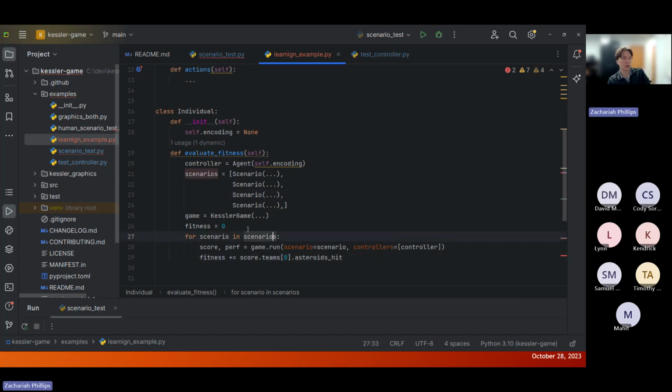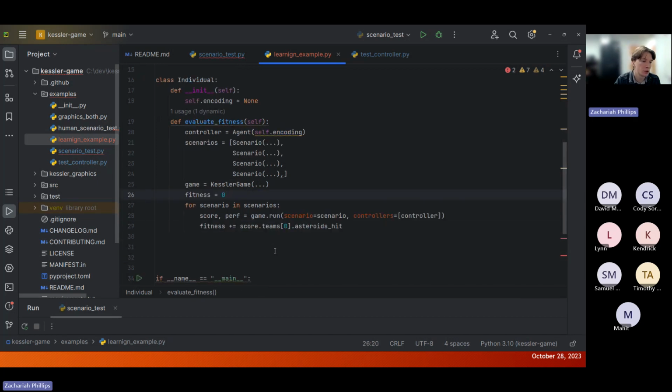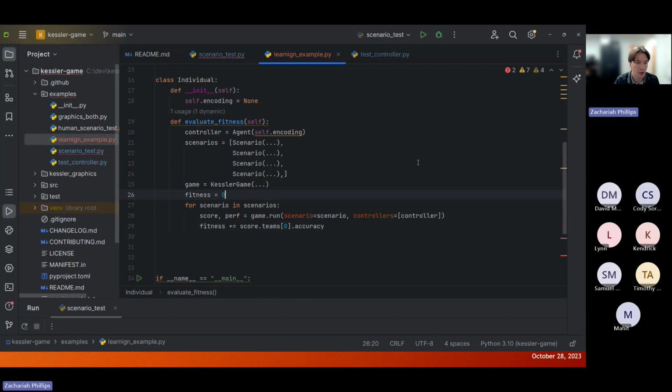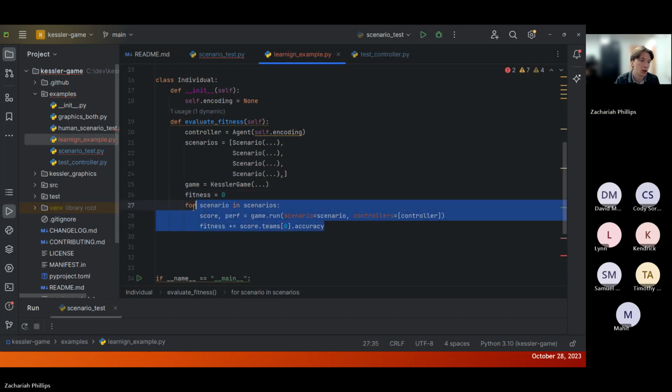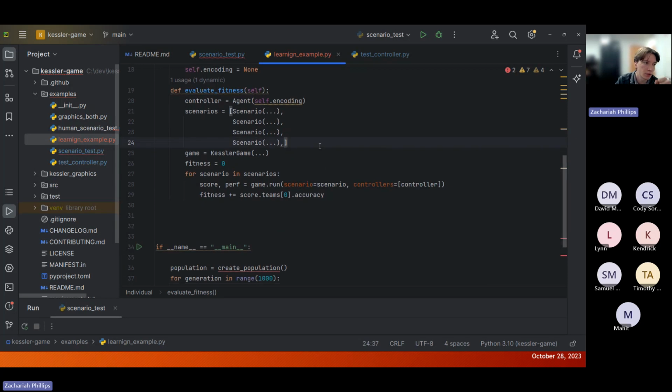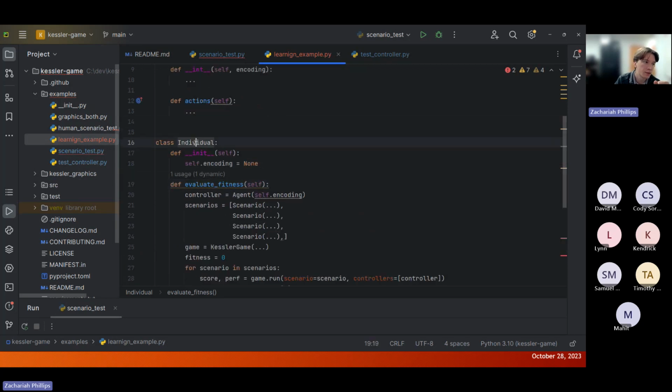Okay. And now what our fitness is here is we are adding up the asteroids we hit across all these scenarios. And maybe you want that, maybe instead of asteroids hit, you want accuracy. And we grab accuracy from that score class. And now every time it loops through and runs that, it will grab the accuracy. And a lot of this is very rough pseudocode, but this is the general idea, is that for every individual